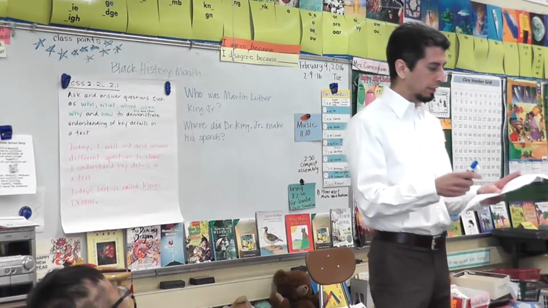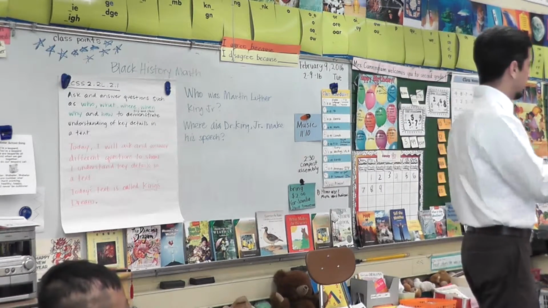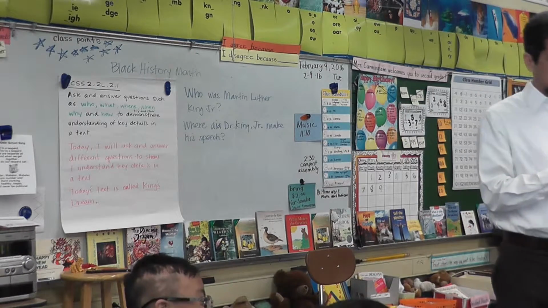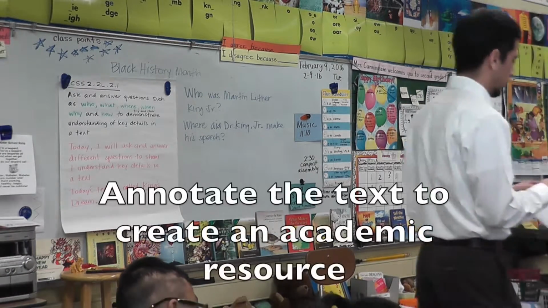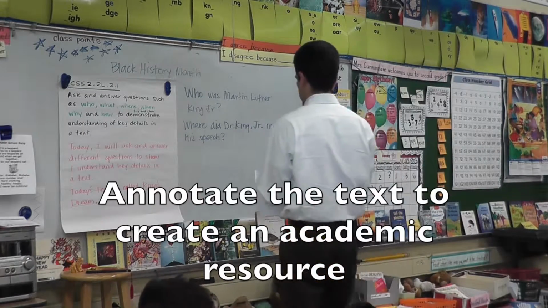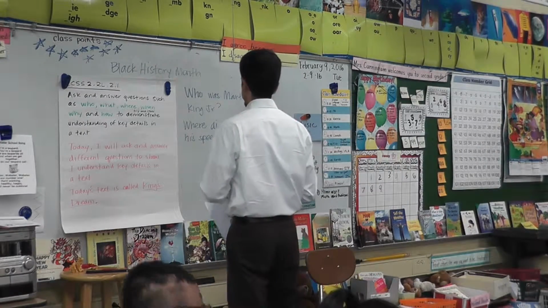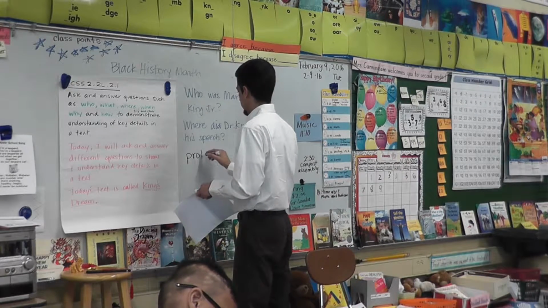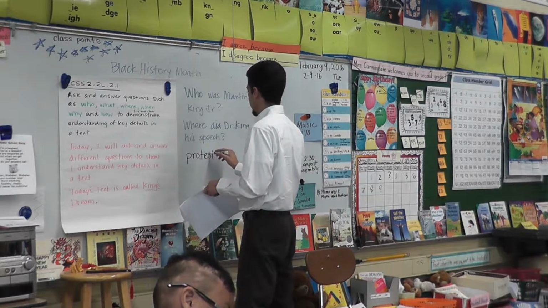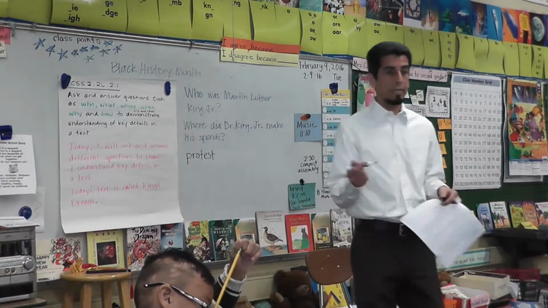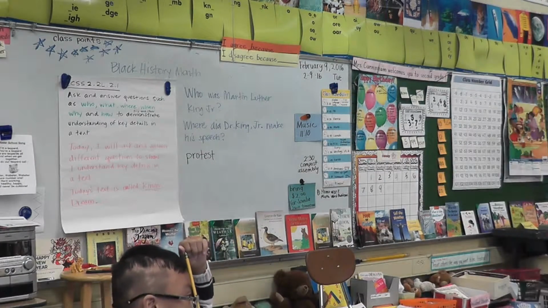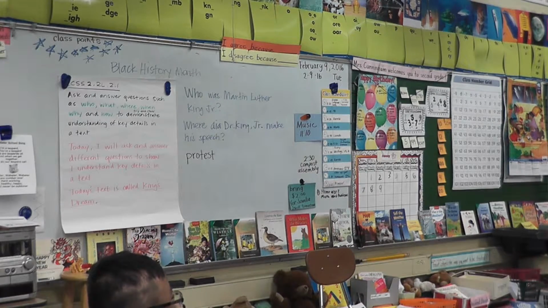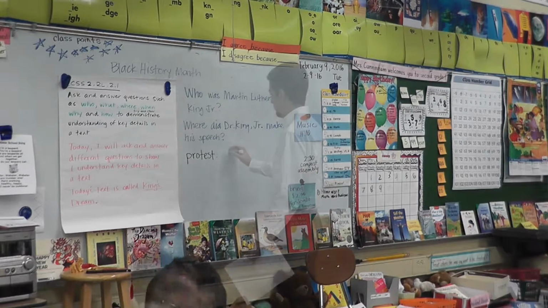You picked the words I was hoping you would pick because they're very important words for this article. Okay? What you're going to do is underline or circle the word protest. Everybody underline or circle the word protest. So I'm writing the word on the board, and what you're going to do is copy my definition connecting to the word protest on your paper. We have a lot of writing on this paper. Okay? All right, so protest,